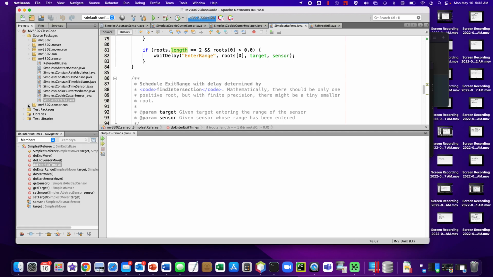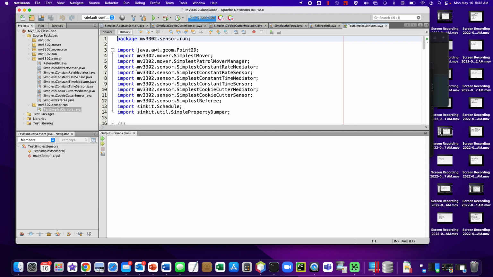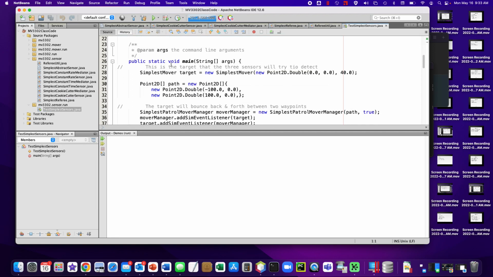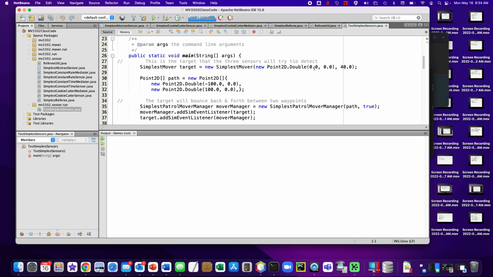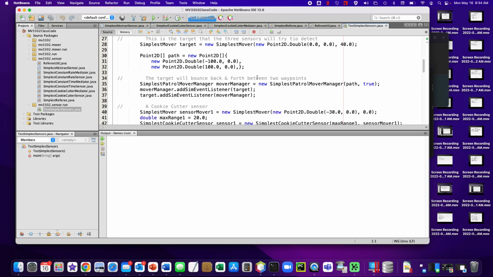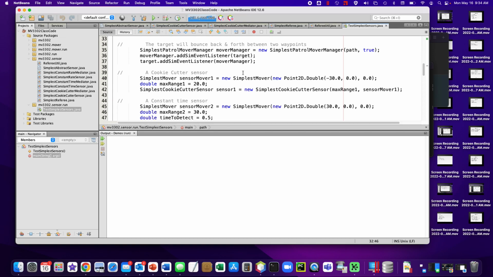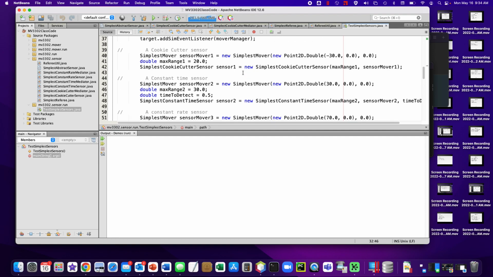Okay, so how does all that work? In this, I'm going to have a target. It's just going to bounce back and forth on the x-axis. So I'm going to give it a patrol mover manager. It's going to start at the origin, but it's going to bounce to negative 100 and positive 100. And on its route are going to be